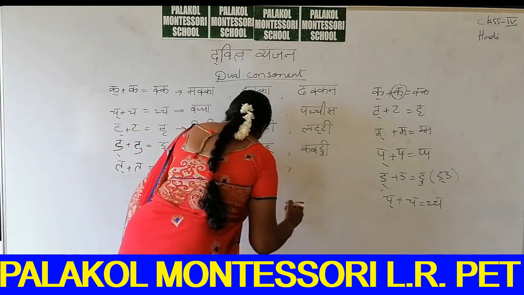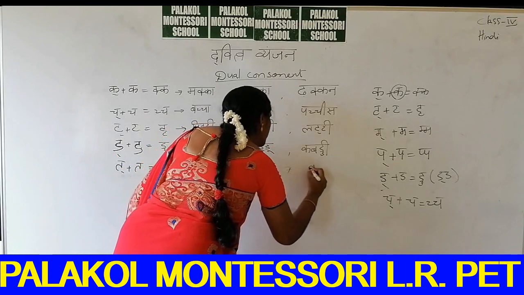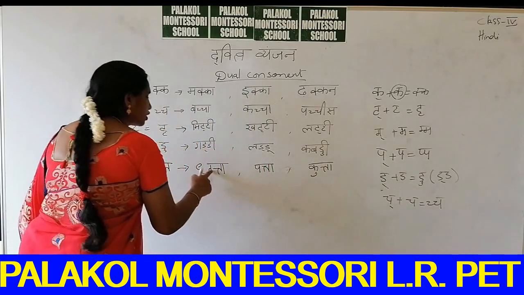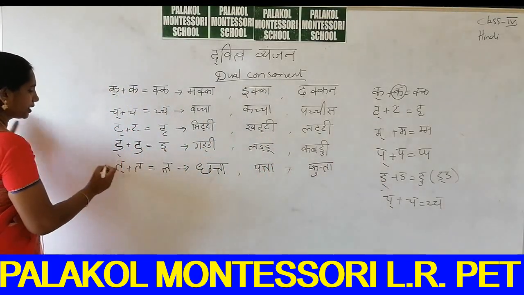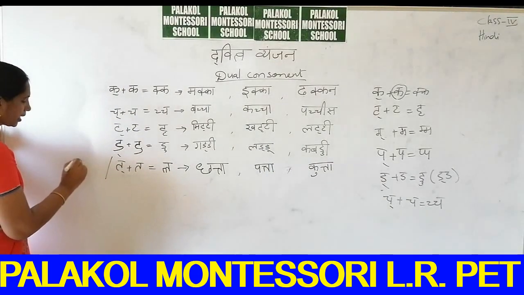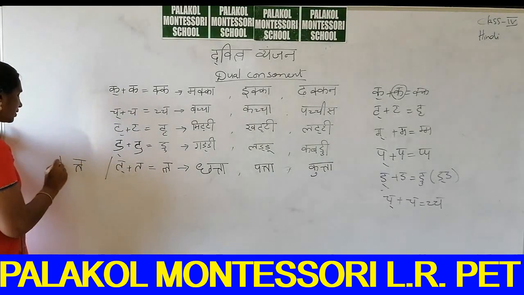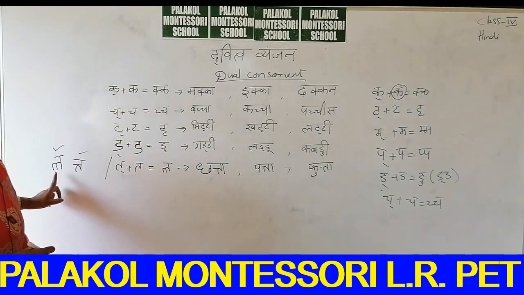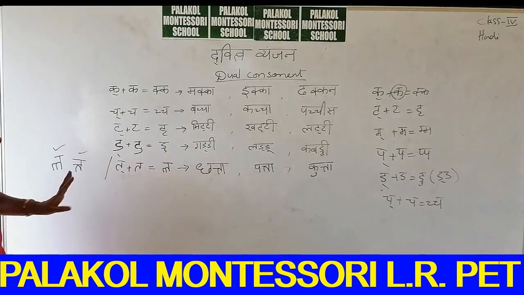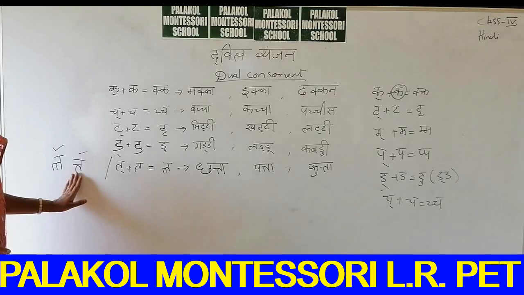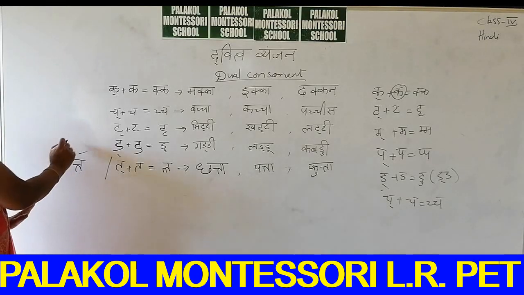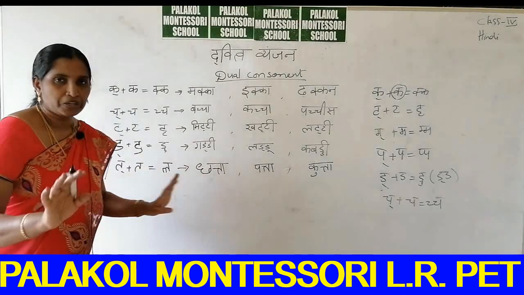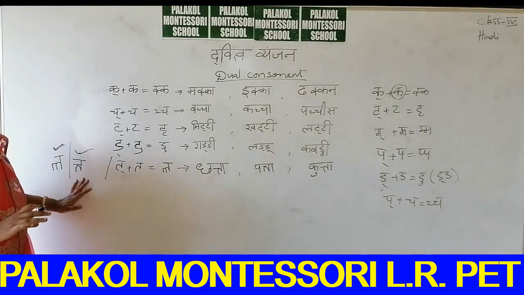Next, kutta. What is kutta? A ki matra is there. This you can write like this also. It is also true. If you are writing this ta like this also, it is true. Correct. If you are writing ta like this also, both are correct. This half ta you can write like this also. This type also is correct. These two are correct. If you write like this, you are telling me is no problem. Both are the correct way.